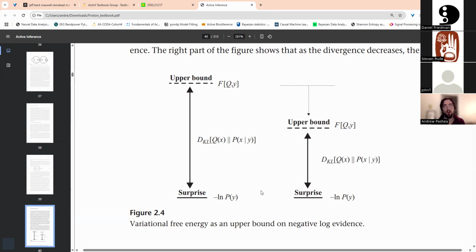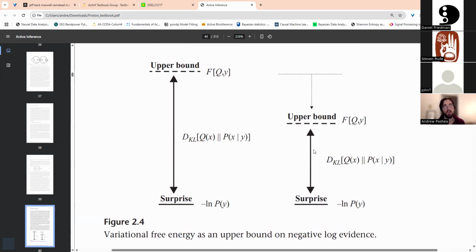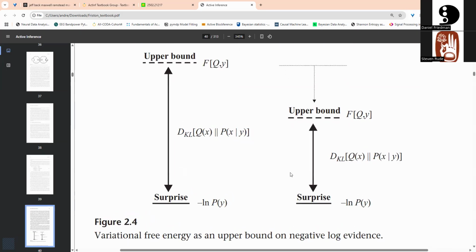It plays out really well because of Jensen's inequality, which we'll get to later, probably in a couple of weeks with chapter 4, I think is where it is. What it allows us to do is say, okay, we can't directly compute surprisal, but based upon particular assumptions, as well as mathematical proofs and how it plays out, surprise can actually be upper bounded by variational free energy. There's no necessity that variational free energy equates to surprise, but it is a very fair approximation.